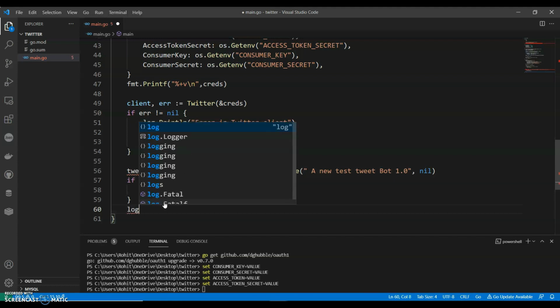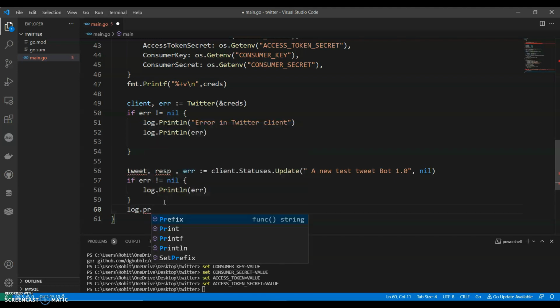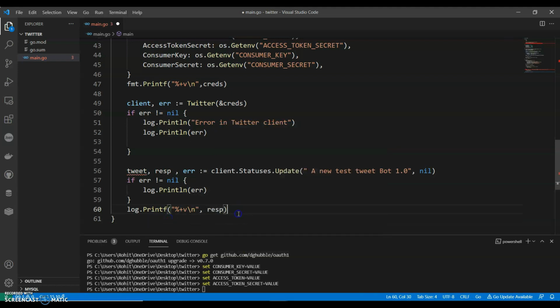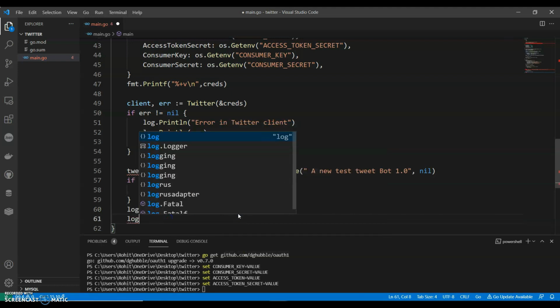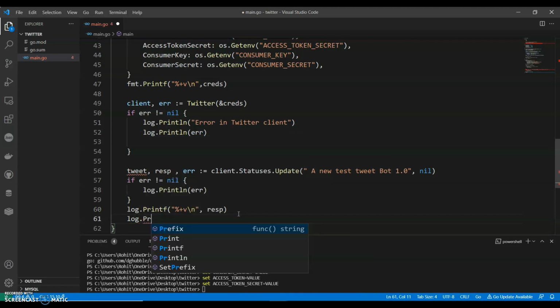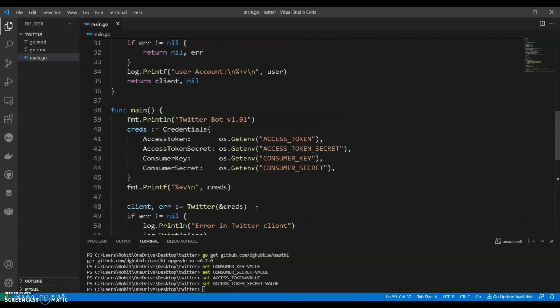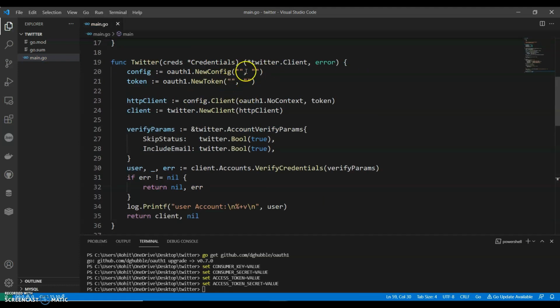Else we can have log.Printf, comma tweet.